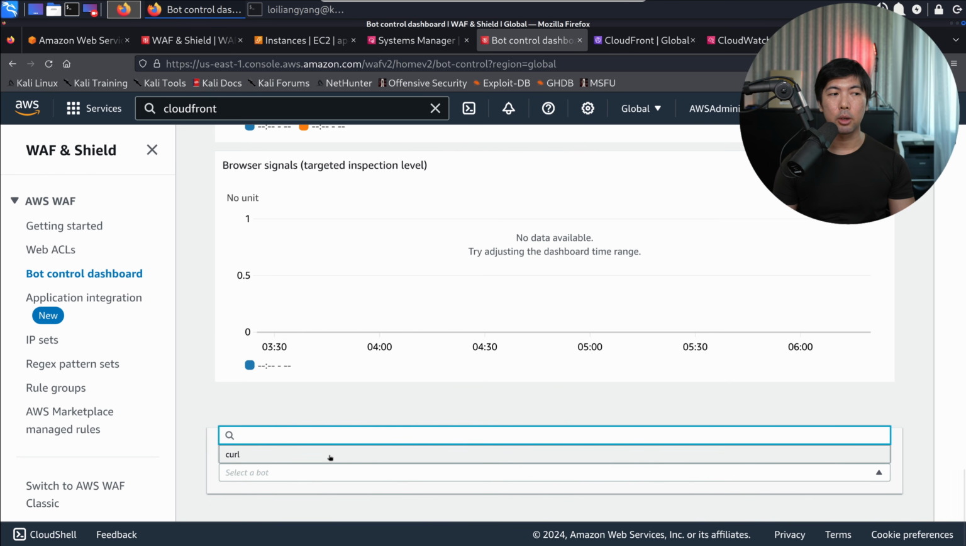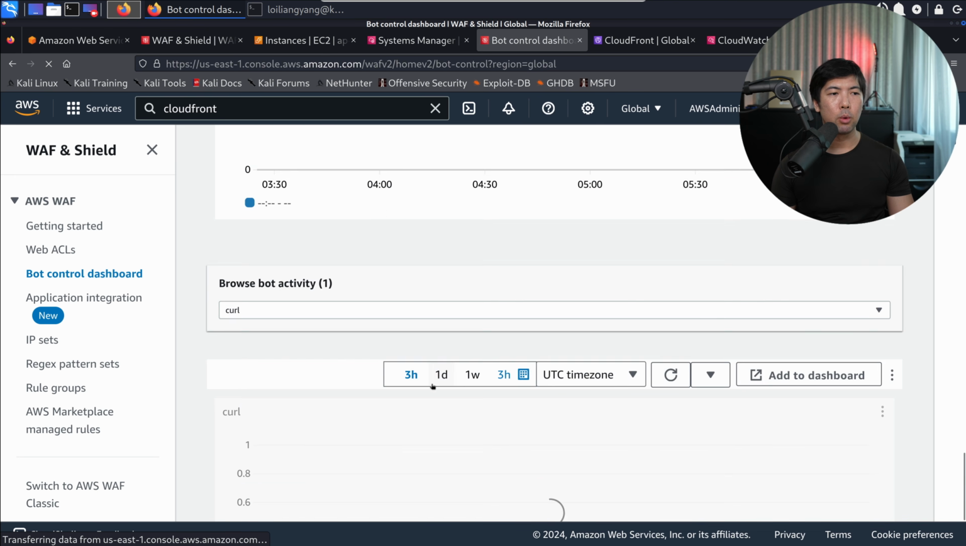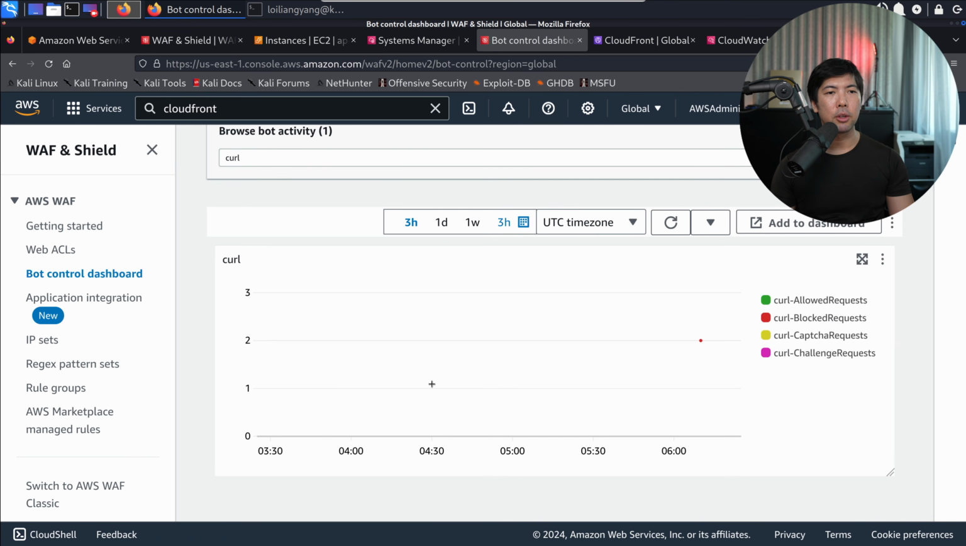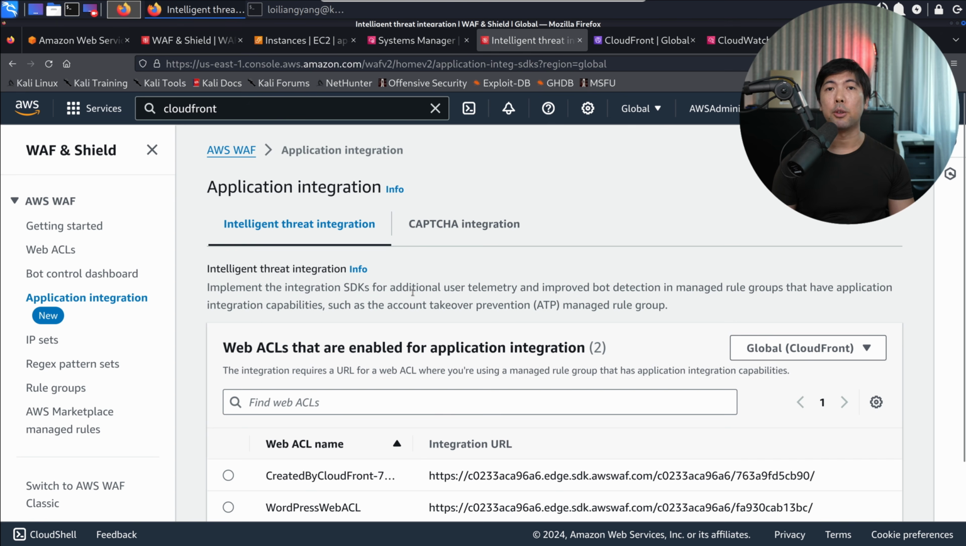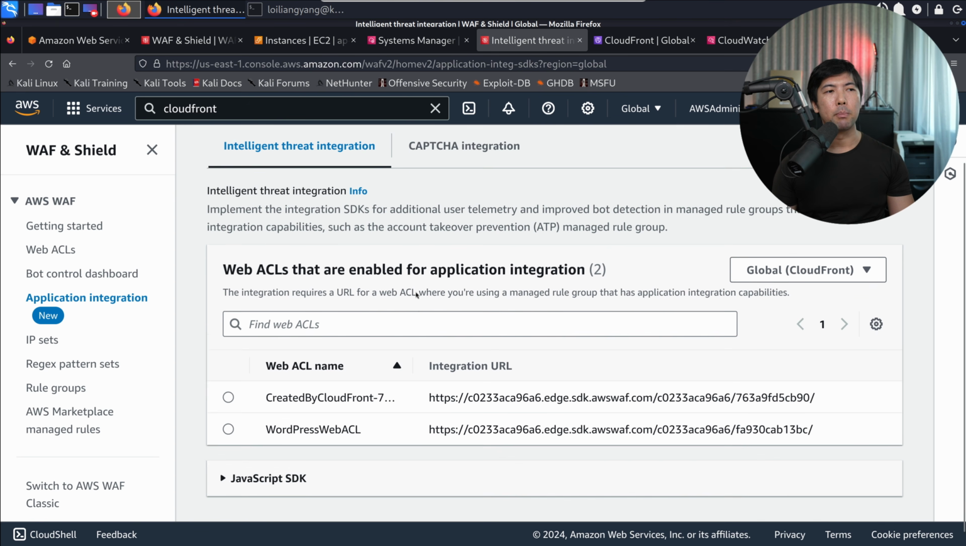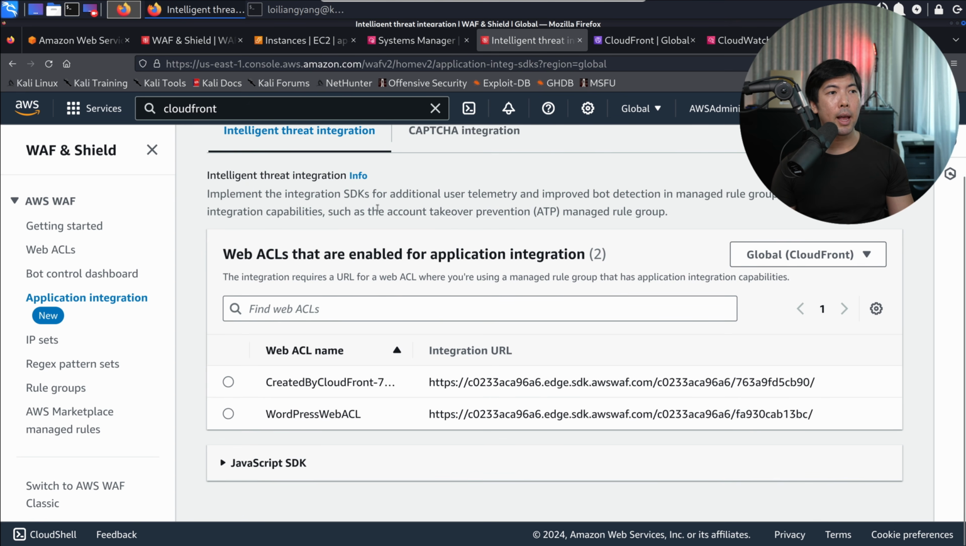In this case, I can click onto curl, and from curl, we'll be able to see additional information here. So there is a curl command and it was blocked twice. For application integration, this is very useful in terms of making your bot control much smarter, as well as your